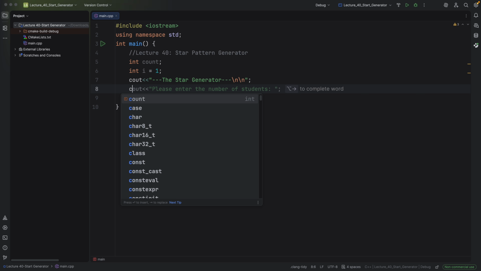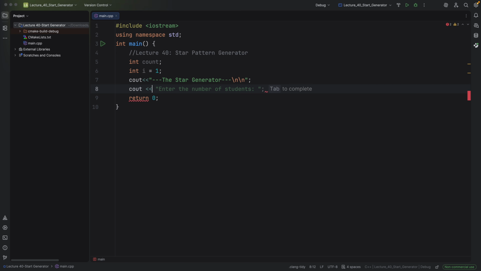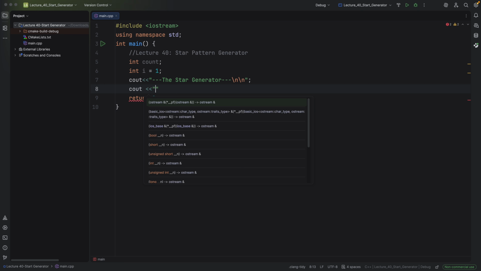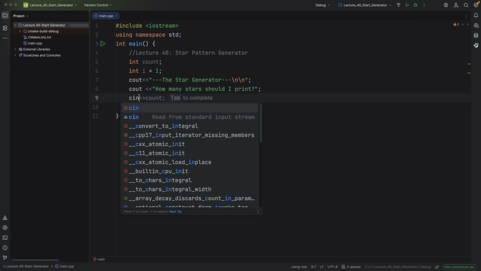So we use cout, and here I ask the user: how many stars should I print? And then semicolon. And then we say cin